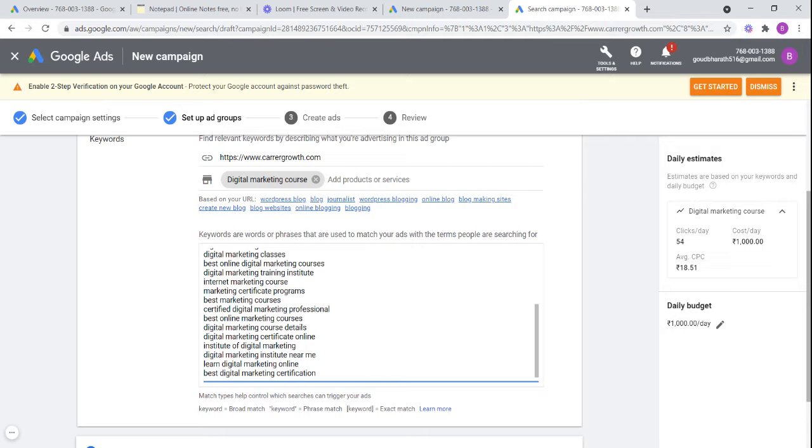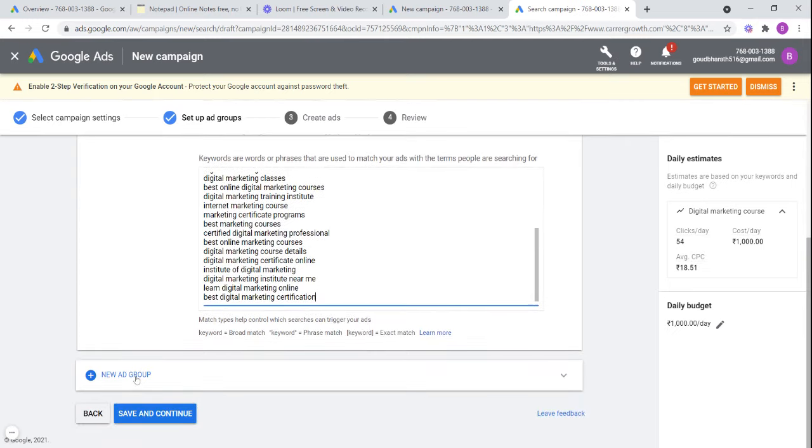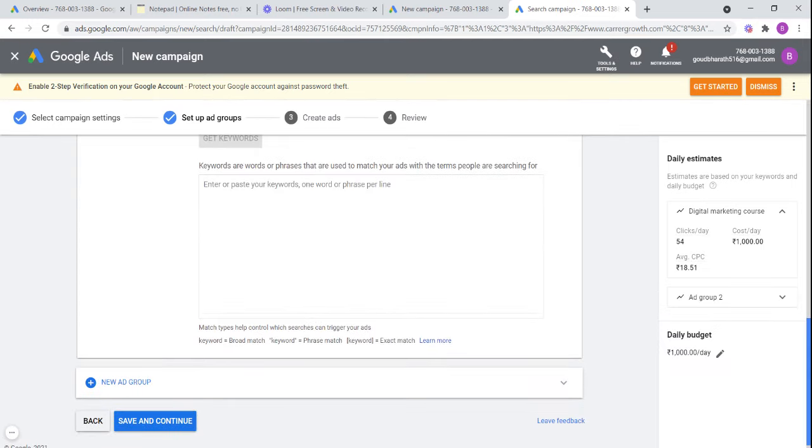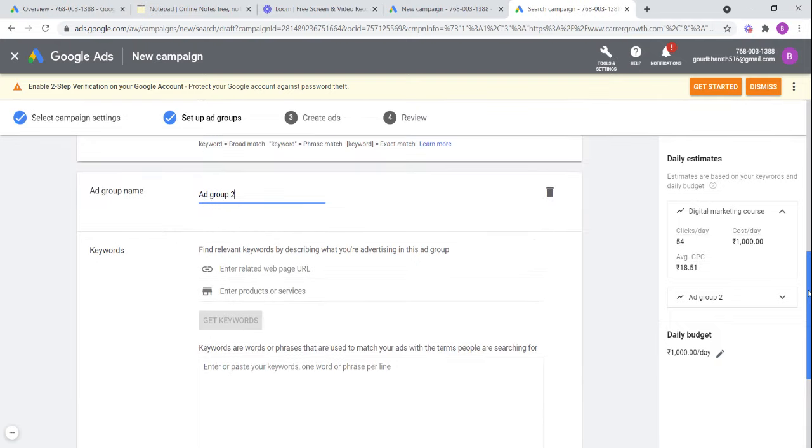Also, after selecting the digital marketing course keyword, we have the cost per click, 18 rupees. If someone clicks on my ad, I have to spend 18 rupees. Why 18 rupees, you might be wondering, right? If 10 people click on my ad, 180 rupees will be deducted. But what if any of them purchase the course, which costs 10,000 or 20,000? So this is the magic. If the product is good, then we can succeed with the ad. If you don't have a good product, even if you pay lakhs of rupees, it would be of no use.